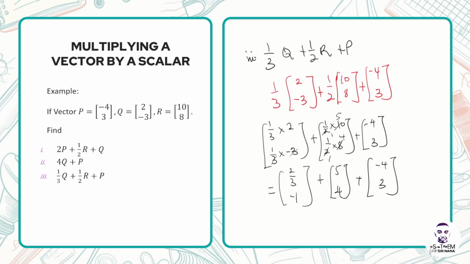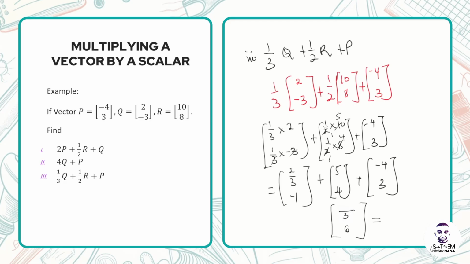When we take the y coordinates, we can find that one easily. So basically for the y coordinates, negative 1 plus 4 gives us 3, and then 3 plus 3 gives us 6. And then for the x coordinates, we need to find the LCM,